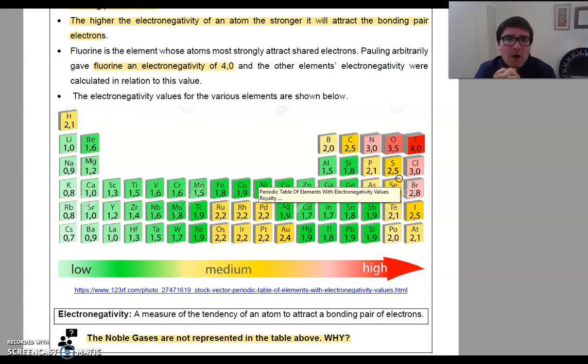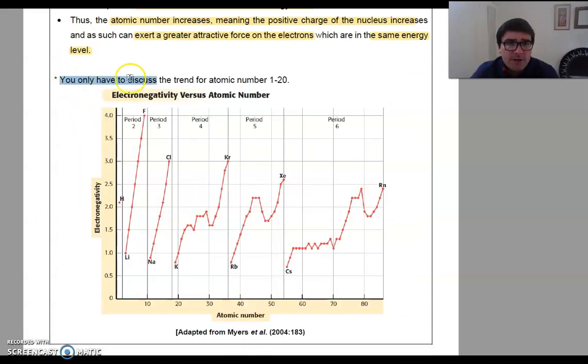First of all, what do we know about the noble gases? They are inert, which means they don't react. They don't necessarily, in normal circumstances, form compounds. Only under special circumstances will they form molecules, and only a few of them will even do that. So those circumstances are so rare that we couldn't determine their electronegativity values. And therefore, they don't have electronegativity values because they don't normally form molecules. It is important also that you note that you only have to